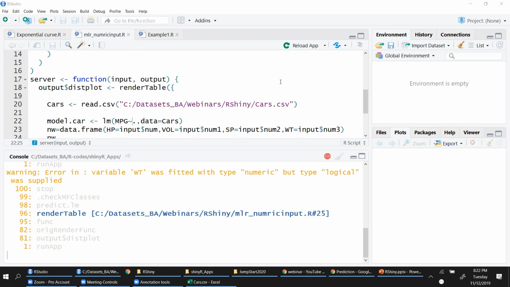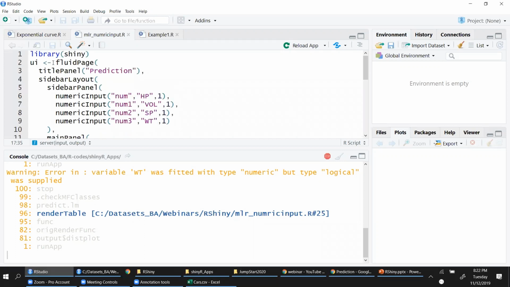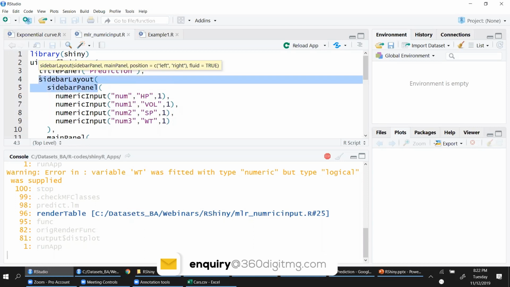Okay. Can you explain fixed syntaxes, which terms we can change from the program? This is the syntax. You just have to say function, custom function, input and output. These are mandatory. Whereas for UI, fluidPage is the keyword, and inside that fluidPage you will have these inputs. These inputs that you are seeing are kind of fixed. There are certain features that R Shiny comes up with, and you are using those features. These are like the widgets.